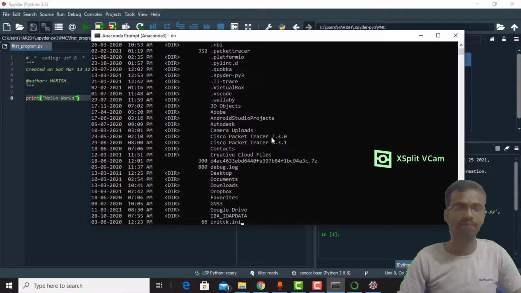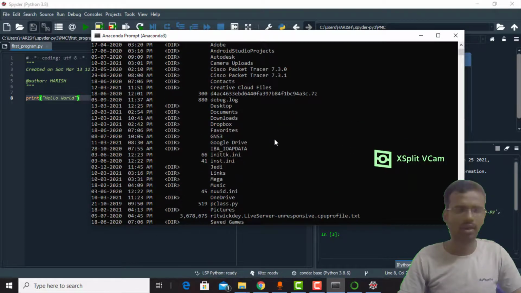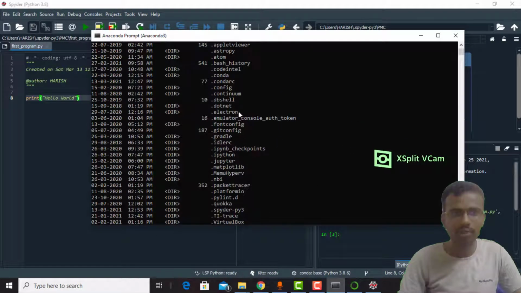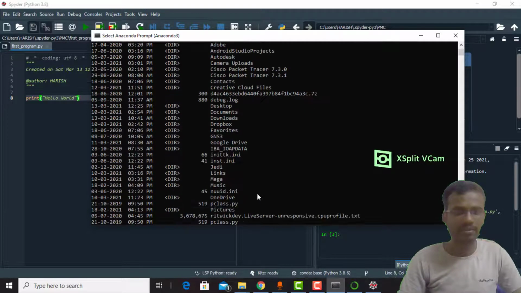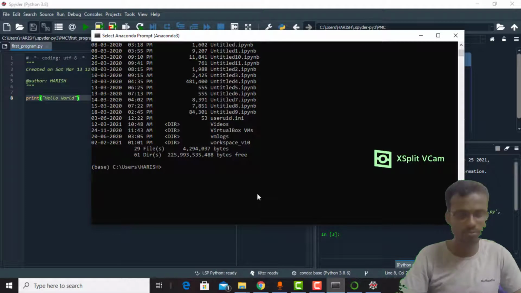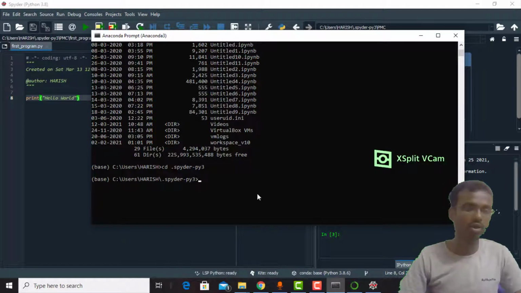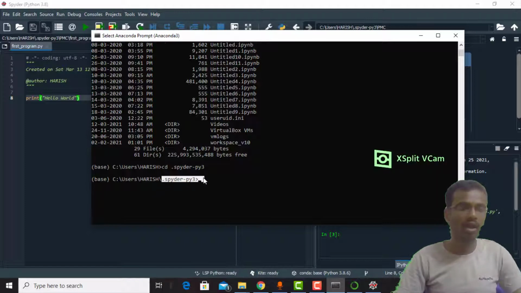See, I need to navigate to the .spyder-py3 folder. So just type cd .spyder-py3. We are in the .spyder-py3 folder.